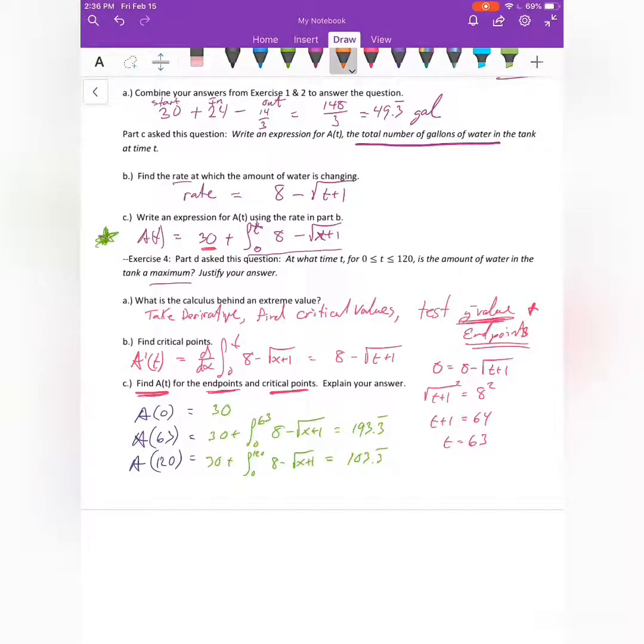So the question again was to find a maximum, way up here. Well, A of t has a max at time equals 63. And by all this work here, this is definitely justification, but what you say is, by the candidates test. That basically says what you just did: I tested all the candidates, all the possible maxes or mins, and those are the only ones that can have the max or min, so the highest one is obviously the max. So I hope that works. Feel free to watch this again if you